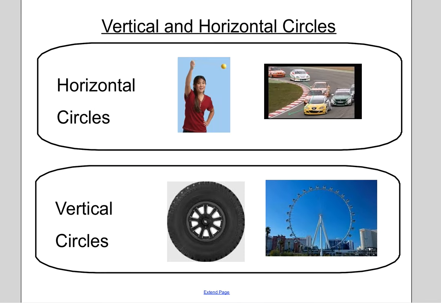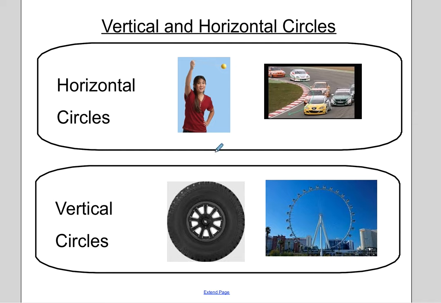All right, now, we're talking about vertical and horizontal circles. That was an example of a horizontal circle. What's the difference? Well, these cars going around this track are on the ground and rotating around the track in what we would call a horizontal circle. In other words, the plane of the circle is horizontal to the ground. This girl who's spinning this ball in the air, it's going around like this. Again, the flat surface of the circle is parallel to the ground,